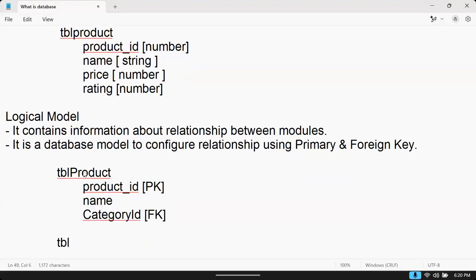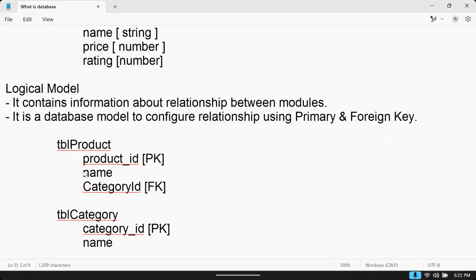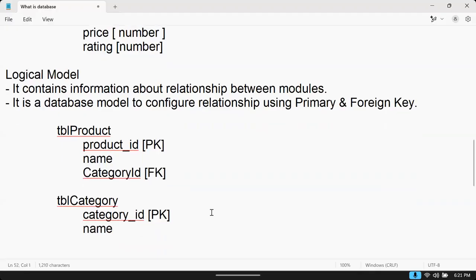Suppose we have TBL category, ID. This is the primary key here. So name, like this we are having. What are primary key, foreign key, what is relationship? Don't worry about them. Those are concepts you will see later, how they are designed. What are those and all, we are going to learn.